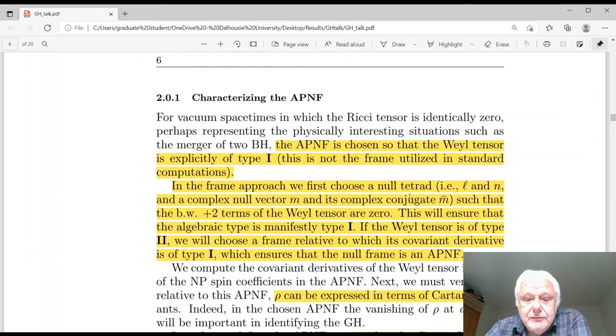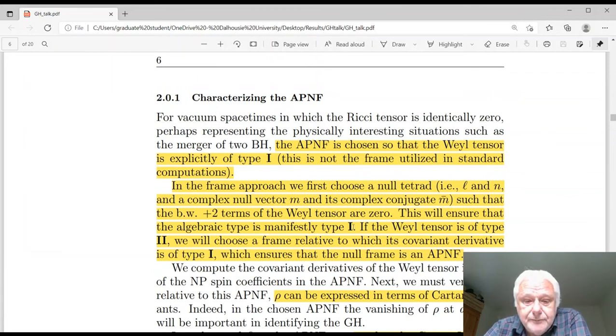So we start off with a null tetrad. In particular, we have two real null vectors, L and N. And if it's algebraically special, it means that the so-called boost weight plus two terms of the Weyl tensor are zero, which means that, let's say, L is preferred. And if we choose the preferred value for L, then the space-time will have no boost weight plus 2 terms,